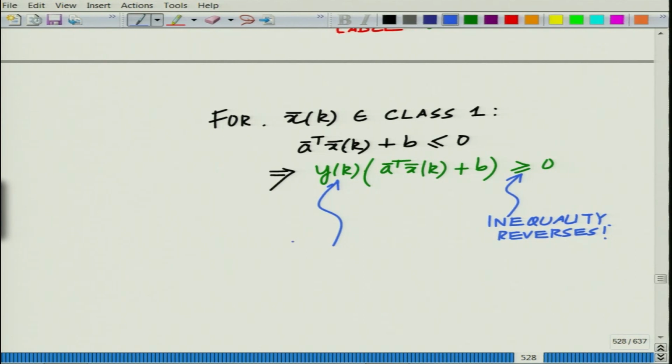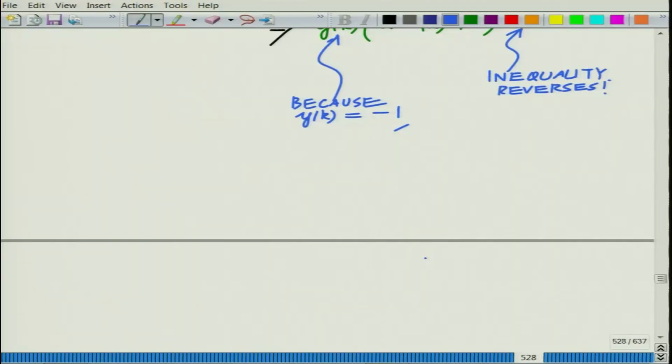Because y k equals minus 1. So, that is the thing. Therefore, the same equation, y k into a bar transpose x bar k plus b greater than or equal to 0, can be used to represent both the classes, right, because y k equals plus 1 for class 0, and y k equals minus 1 for class 1, and that essentially captures both the half spaces. So, for both classes the combined equation